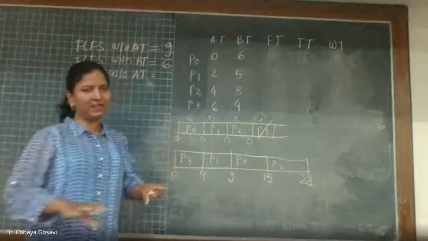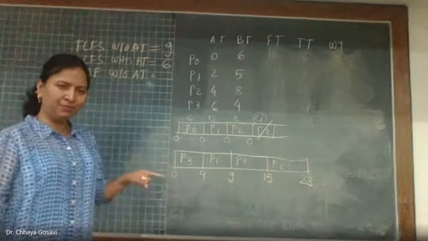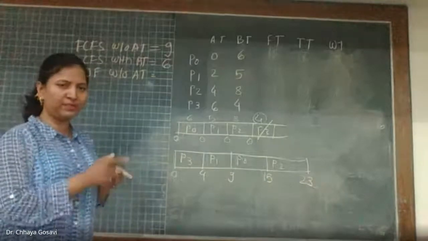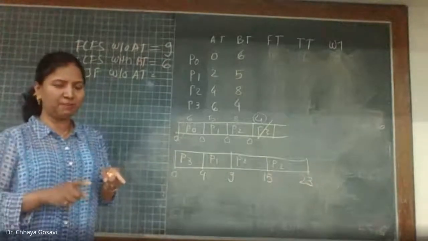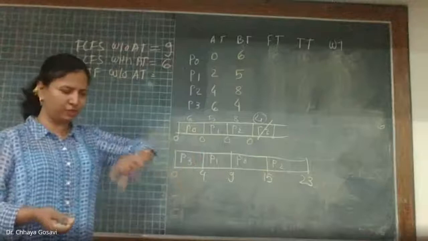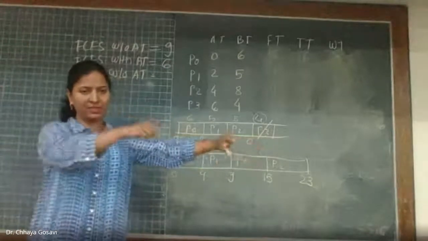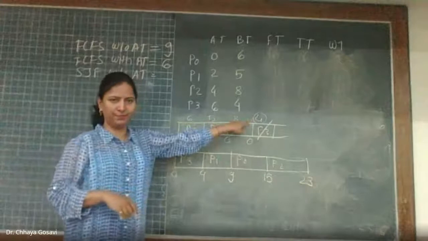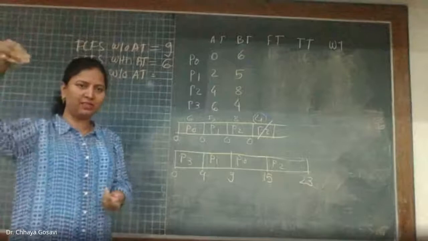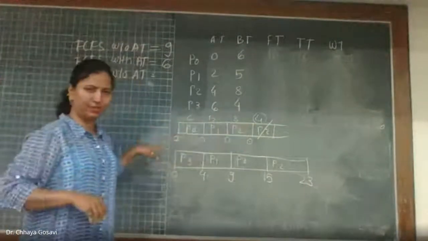If all the processes arrived at same time, in FCFS we ask processes to come in an order, first come first serve. Whoever is first in the queue, that should come first. But in case of SJF, priority is decided by shortest burst time. So these processes are in the queue as P0, P1, P2, P3, but the selection depends upon their burst time. Even though P3 is standing at the last in the queue, it has the shortest job, so it will be scheduled first. Okay, so here we are doing without arrival time, so we are considering this. If we are doing with arrival time, then we will consider that.